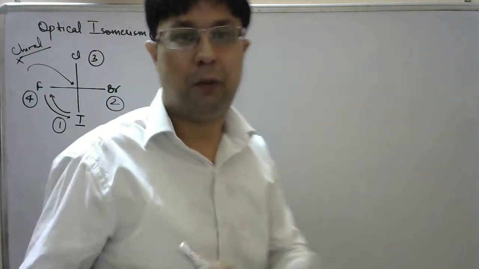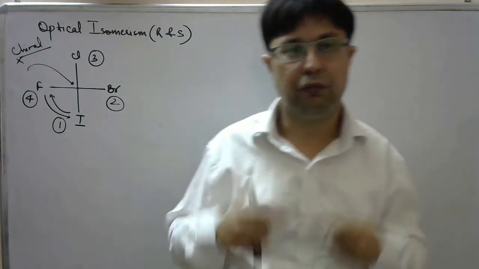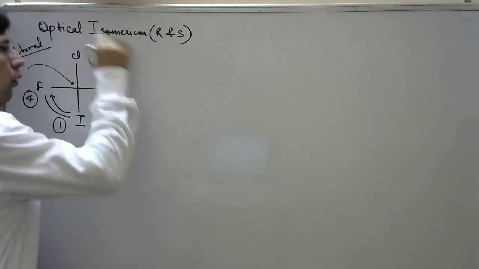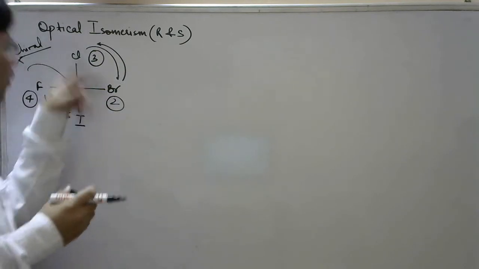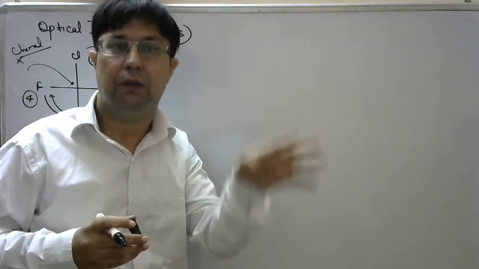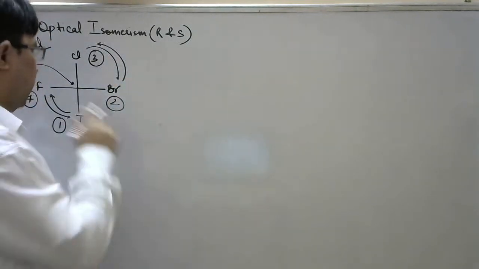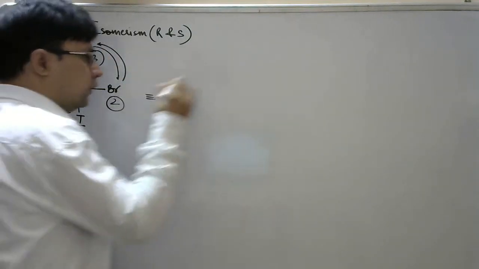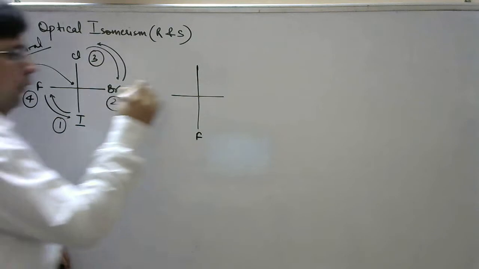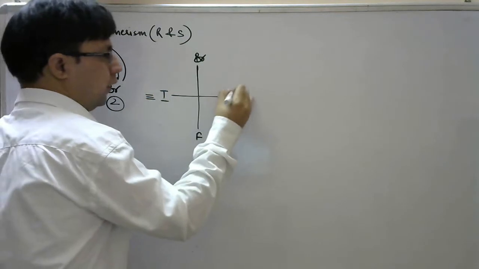But performing an odd number of interchanges will change the configuration of the molecule. So what we have to do extra is change the configuration of this chloro and the bromo group also. हम क्लोरो ग्रुप और ब्रोमो ग्रुप की पोजीशन को भी इंटरचेंज कर देंगे, तभी मॉलिक्यूल will remain the same, its identity will be retained, and in this case this structure is equivalent to: fluoro group has come over here, iodo group is over here, here it is the Br group and here it is the chloro group.